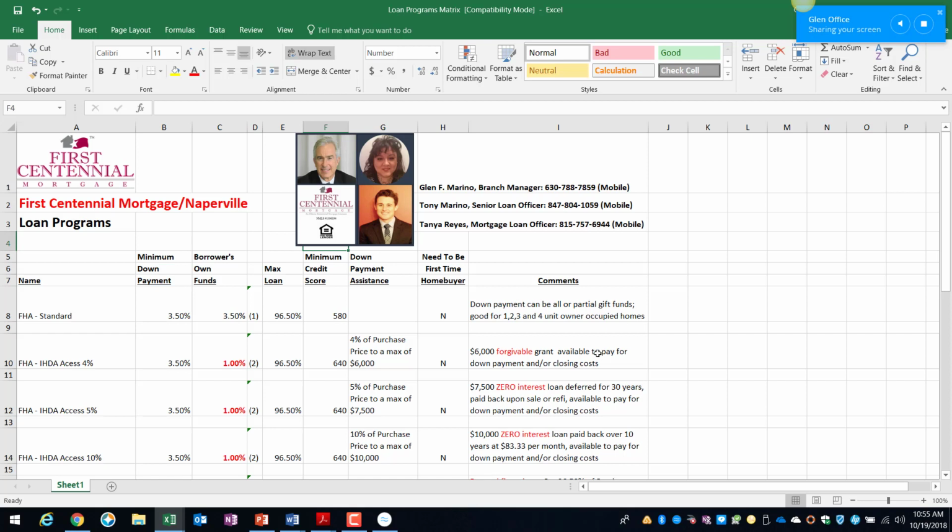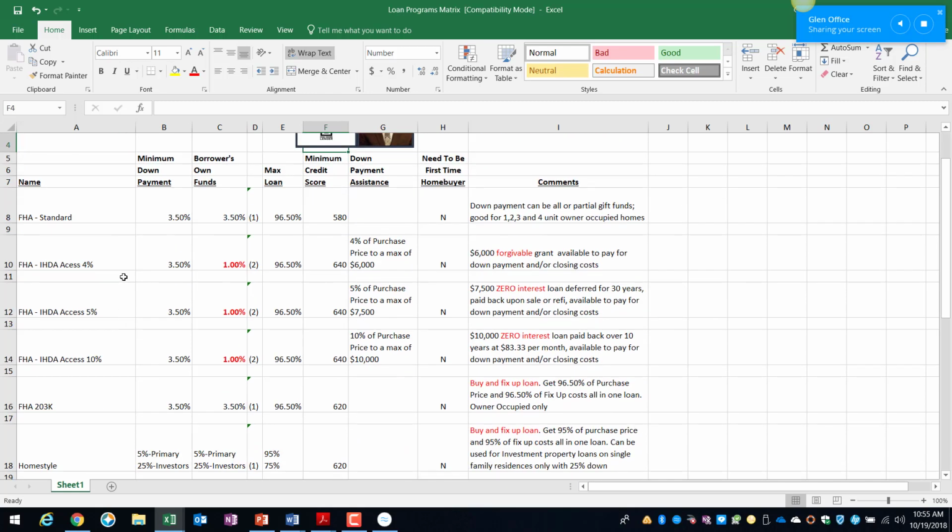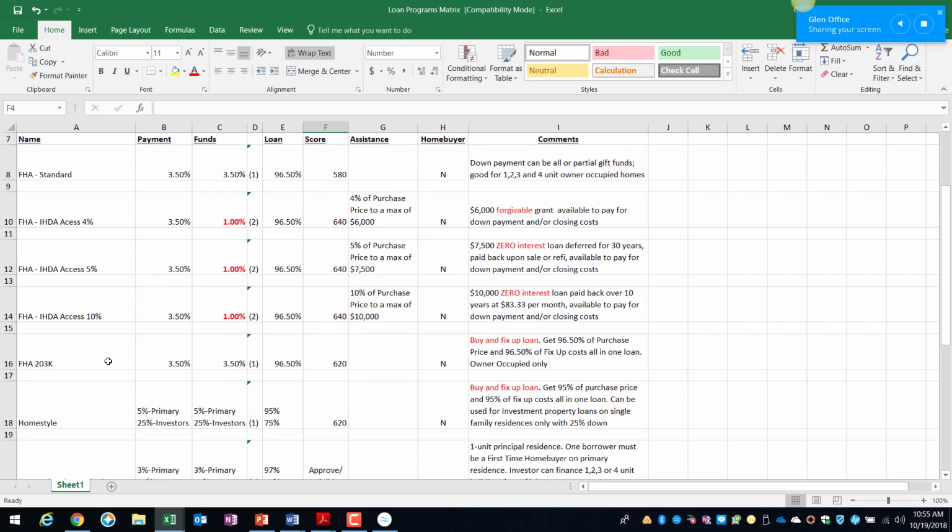I want to emphasize, though, at the very bottom, because you see on the first page, there's FHA standard, there's the 4%, 5%, the 10%. Those are the $6,000, the $7,500, and the $10,000 down payment assistance. The 2 I want to emphasize to you is the FHA 203K and the HomeStyle. The FHA 203K is a buy